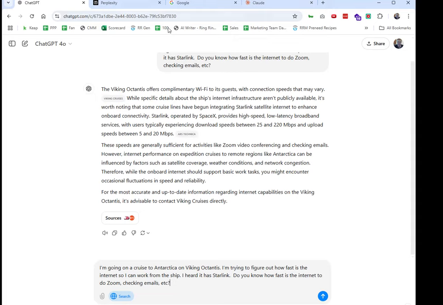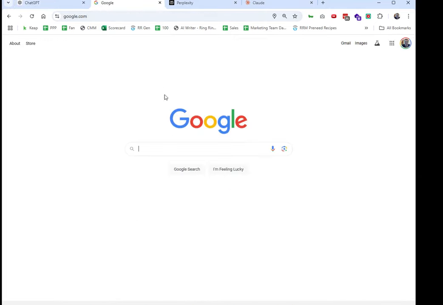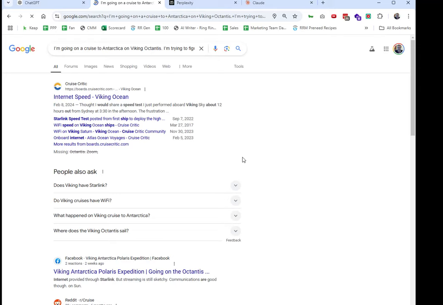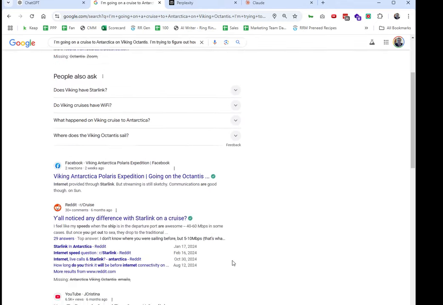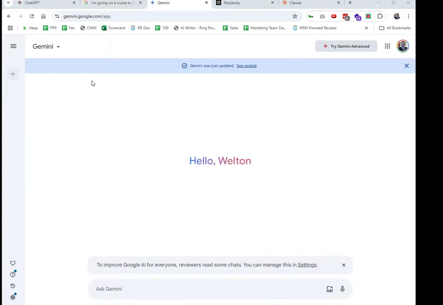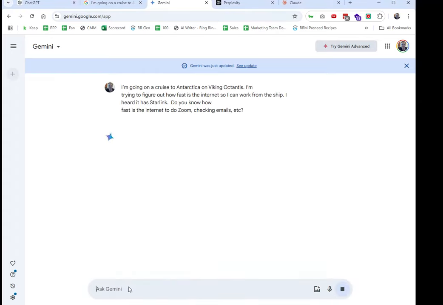While this is running, let's go to Google. Same thing. Unfortunately, you can see Google's current output is still just search engine results where I have to dig deep in. So I'm going to switch over to Google's actual Gemini tool and ask it here.